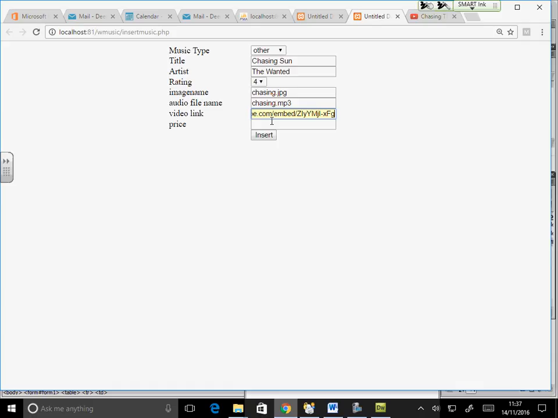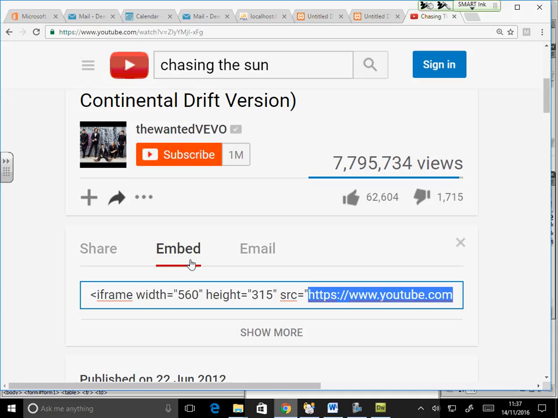That gives you a YouTube link that will not work in iframe. So you have to make sure that you click on embed and then go further. It's up to you: you can actually write the whole thing in the database, but then the database is going to give you problems with double quotes and everything. Does that make sense? Otherwise I would have suggested writing the whole line in the database, but the database will start conflicting with those inverted commas, because it does not allow that in the values.